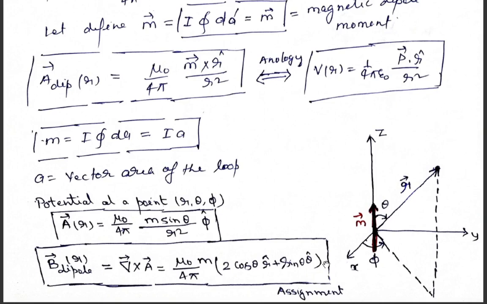They are running parallel. So this is a very important assignment for all of you, and you have to submit it, or you can write your answer on my YouTube channel, saying that sir, I have done it and this result is consistent, this result is correct. So the magnetic field due to a dipole is always equal to mu 0 upon 4 pi m into, in bracket, 2 cos theta r unit vector plus sin theta theta unit vector.